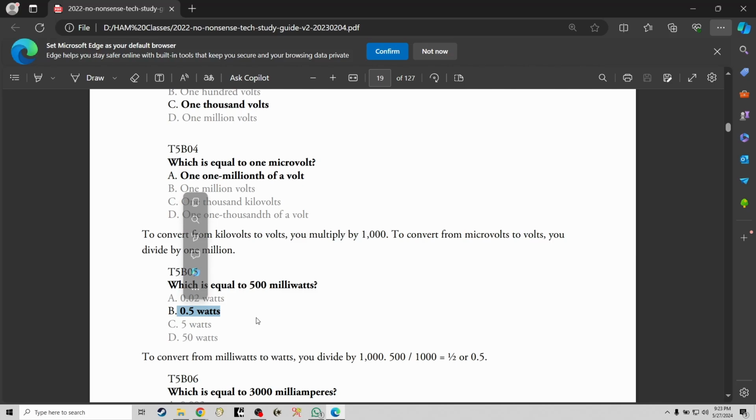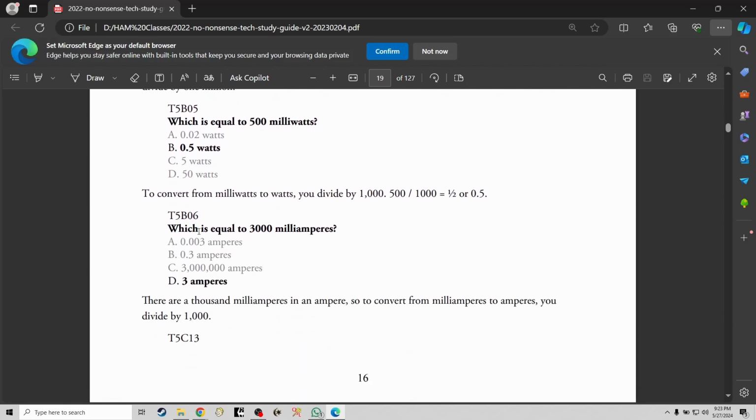I'm sure we still use them. So about 0.5 watts is about the amount of power that our little Baofeng radios use. To convert from milliwatts to watts, you would divide by 1,000. So 500 divided by 1,000 would be half, or 0.5,